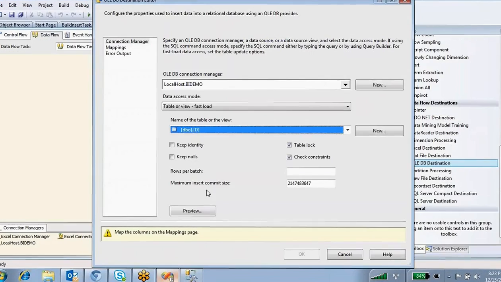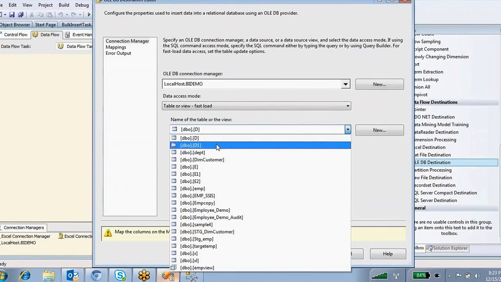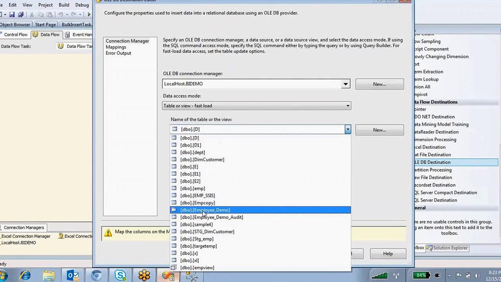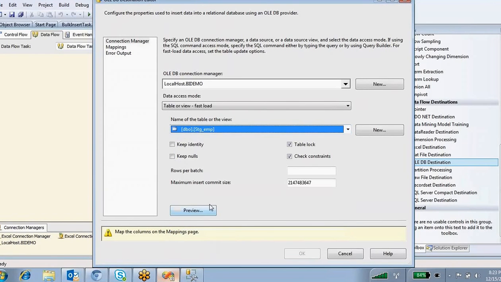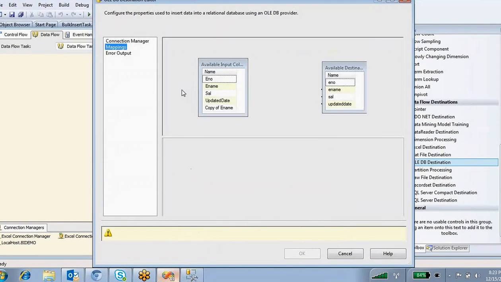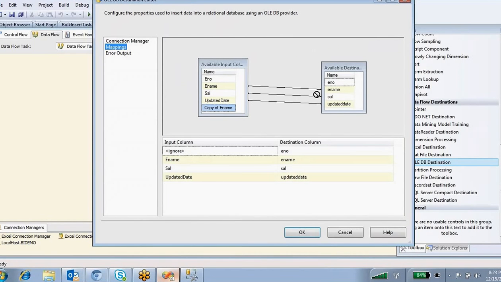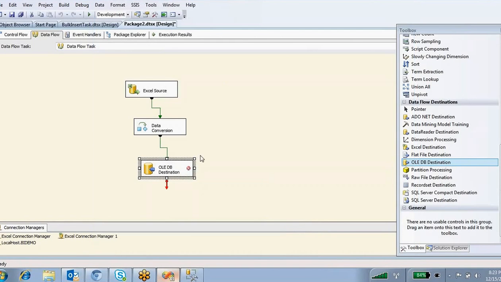Stage emp. Yes, this table, right? So I'm going to load this one, employee number with employee number. Click OK.